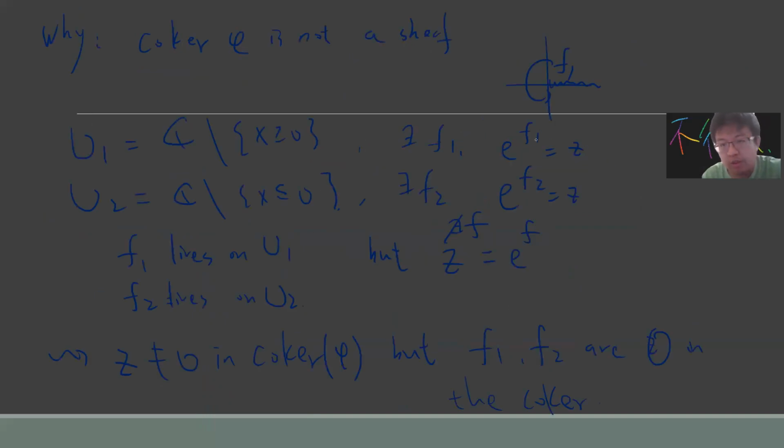So now f1 and f2 are zeros in both U1 and U2, and zero restricted on these two should also be zero, right? But z is non-zero. So basically, this is a contradiction if we assume the cokernel is a sheaf, because zero restricted on U1 and U2 is zero, but z is non-zero. So it violates